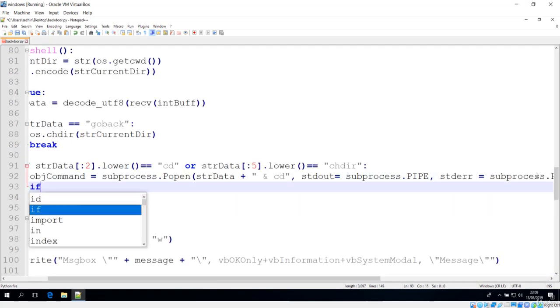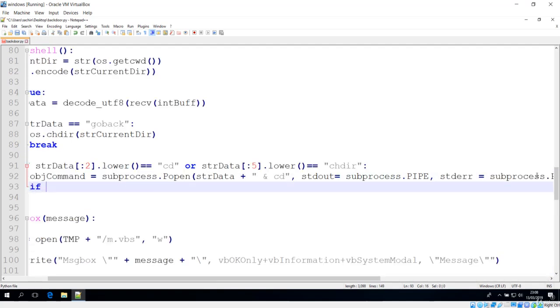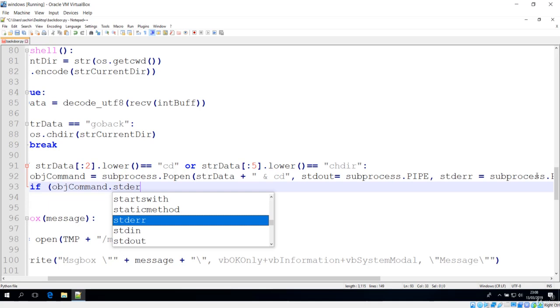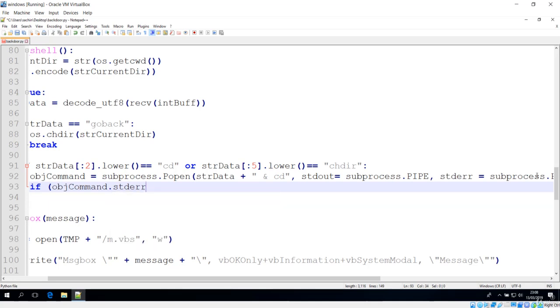Now we have to check whether we get an error or not. For that we'll make use of this standard error, and there is a method to be called, which is the read method. First of all we have to decode this, and in order to decode we again use utf-8.